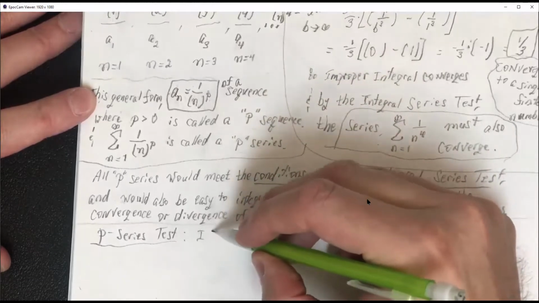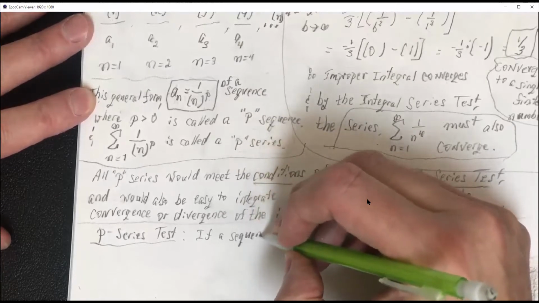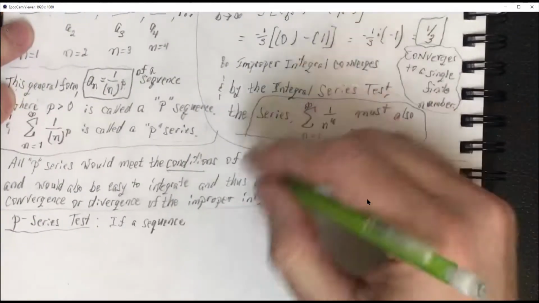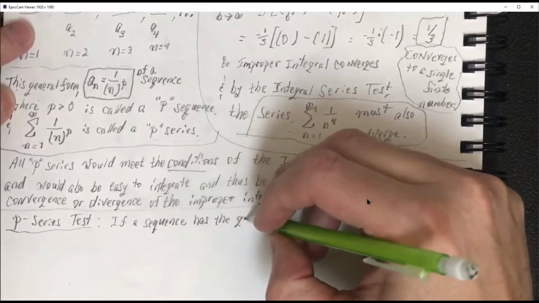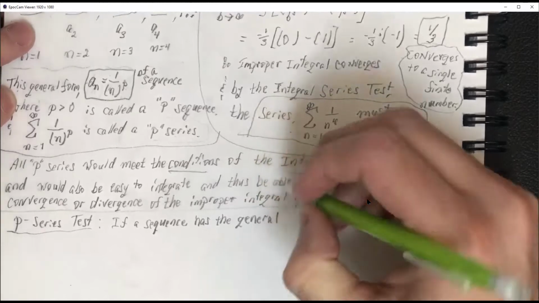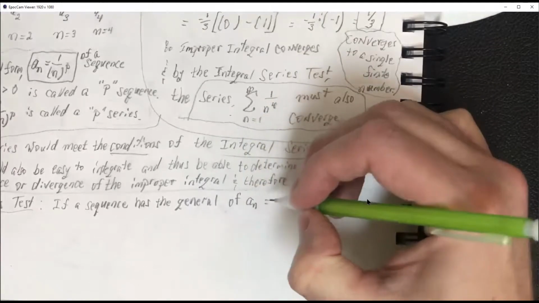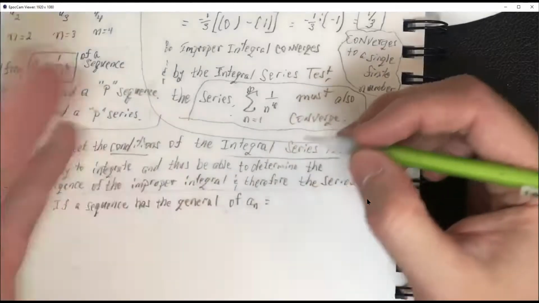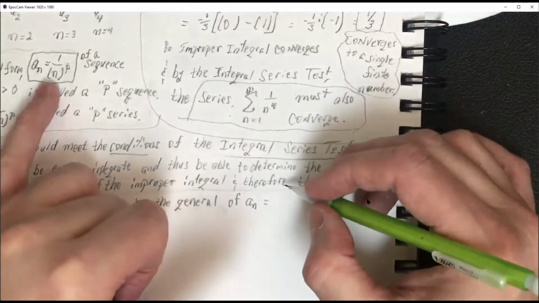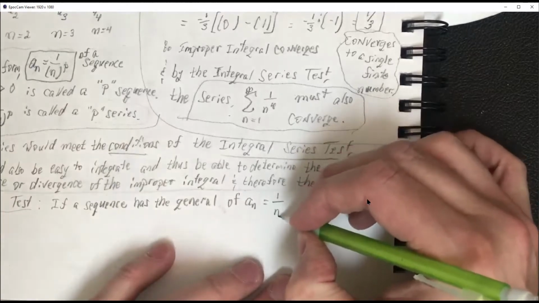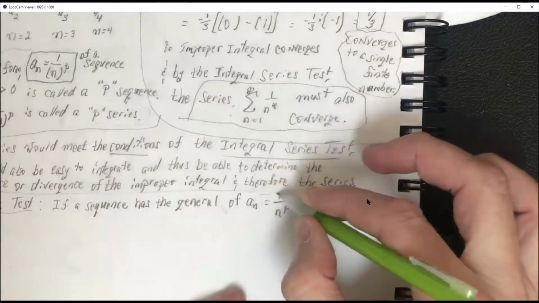So, if a sequence has the general form of A sub n, or whatever name, could be B sub n or C sub n, but our author uses A sub n virtually all the time, equals this formula right up here, 1 over n to the p power, which means this is a P sequence,